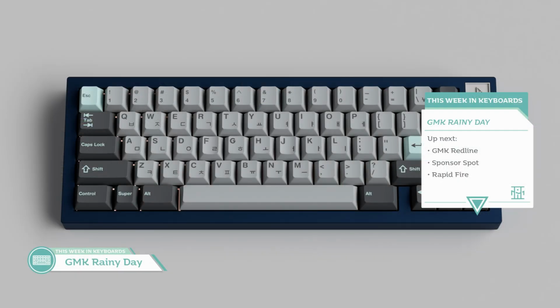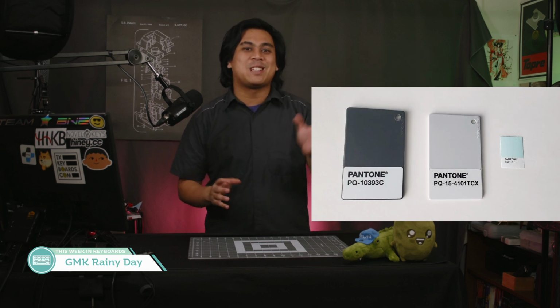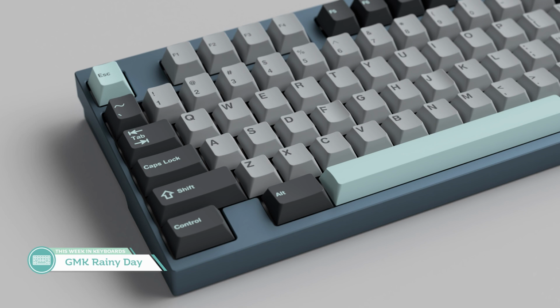Our last spotlight topic is GMK Rainy Days by Owl, which is currently running on Kono until November 16th. GMK Rainy Day kind of reminds me of taking GMK Sky Dolch and making it a bit brighter, which is ironic because a rainy day sounds much darker than Sky Dolch, which is kind of a flip on looking at both sets. It's running for $135, and if you want the Hangul alphas, that's another $40, which I think is pretty slick for this set, although I think the base set alone would be just fine if I was going to get it. And I would get it if I wasn't already over my head with my expenses and life for,